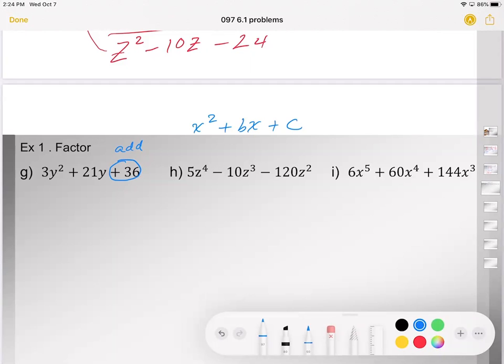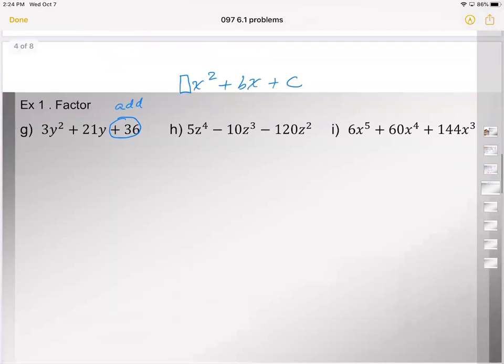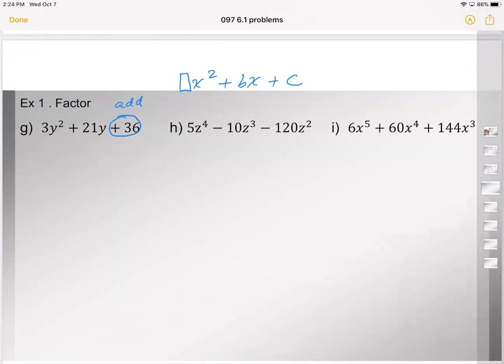If the problem is not in this normal form, the first thing you need to ask yourself is: is there any way I can make it into this form, where in front of the y square there is no number? If there is a number, and as you can see in G, H, and I, there is a number in front. If you see that it's not in our normal form, the first thing we need to do is factor out